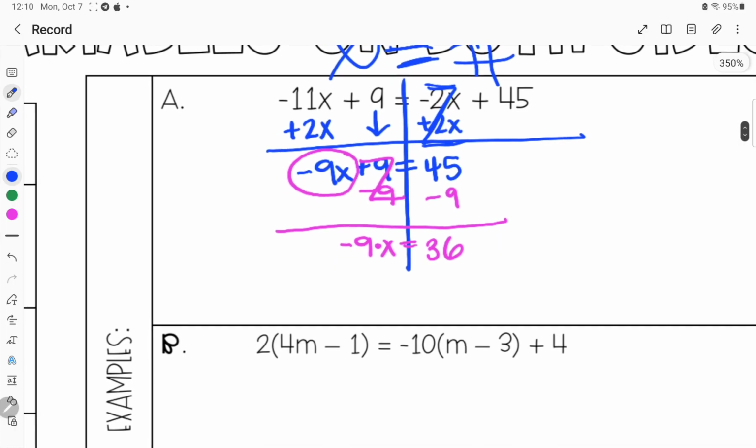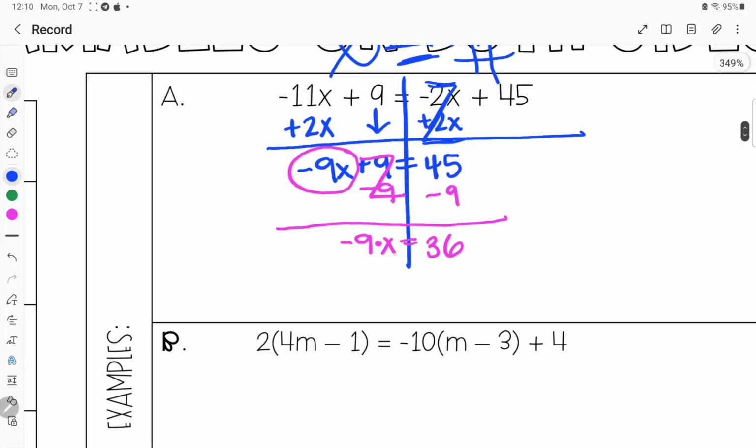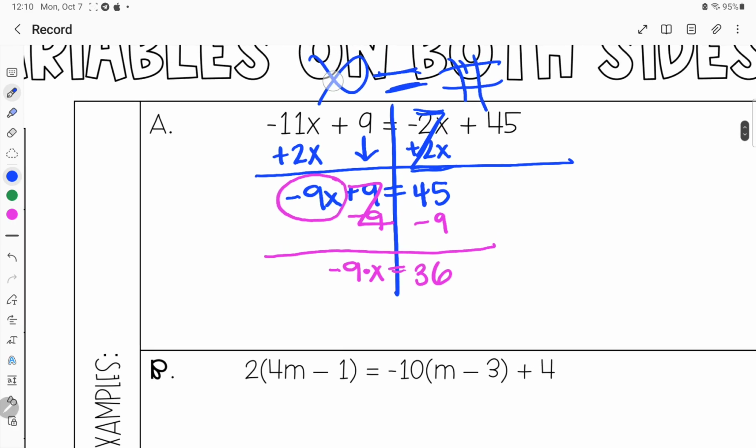This is where we have lots of problems. Our goal now is to get this x all by itself. Before, I was bringing all my x's so they were on the same side. Then I moved all my numbers to the opposite side. You should never have everything on the same exact side. So again, you can see, kind of like I was talking about here, x is to one side. I only have anything attached to an x on this side, and anything that's just a number now, I've moved